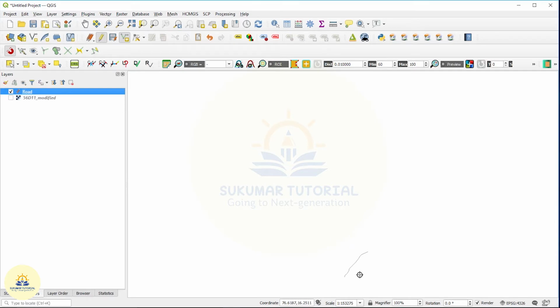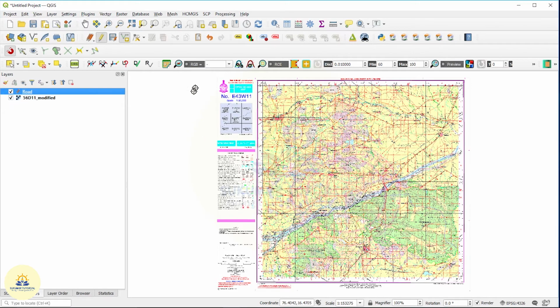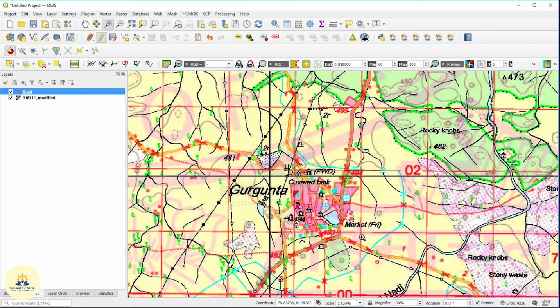Due to some work I stopped it here. I'm just going to continue later. Again I wanted to continue, so I'm just highlighting the background georeference map. So here I just left it. I wanted to continue from here. Again I have to go to add line feature. You bring it here.